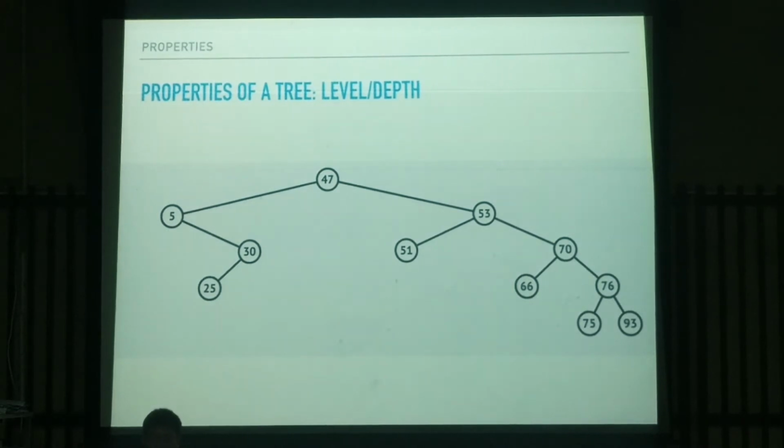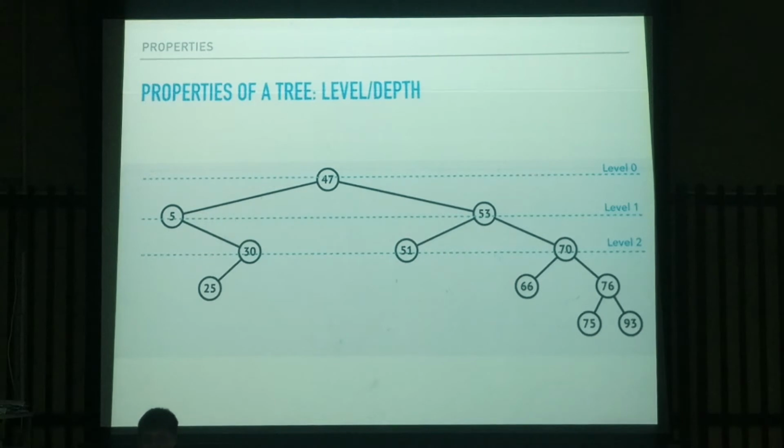Tapos, in this level, para siyang array. Yung root node natin, siya yung level 0. Okay? The root node is always level 0. Then, all of the children of the root node, sila yung level 1. Tapos, all of the children of those children, siya yung level 2. And so on, and so forth. Okay? So, yung root node nasa level 0, yung children niya level 1, then so on and so forth. Okay? Tapos,